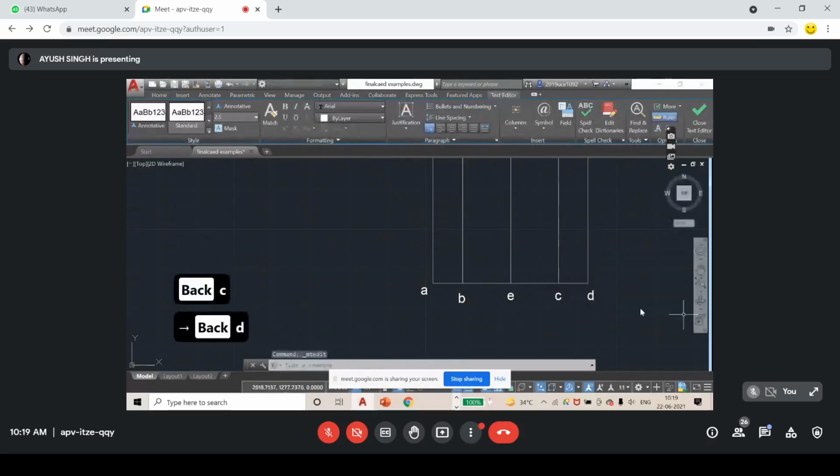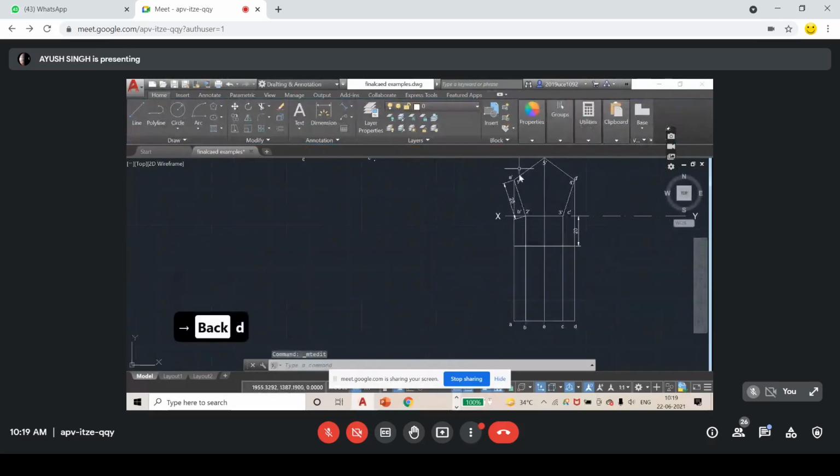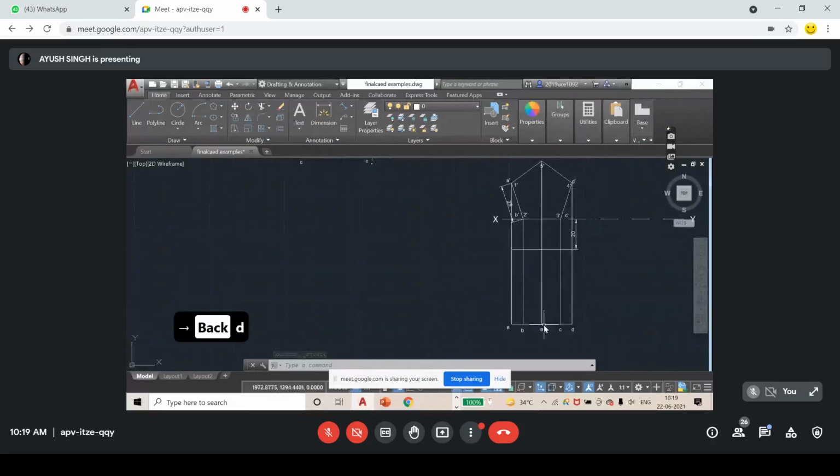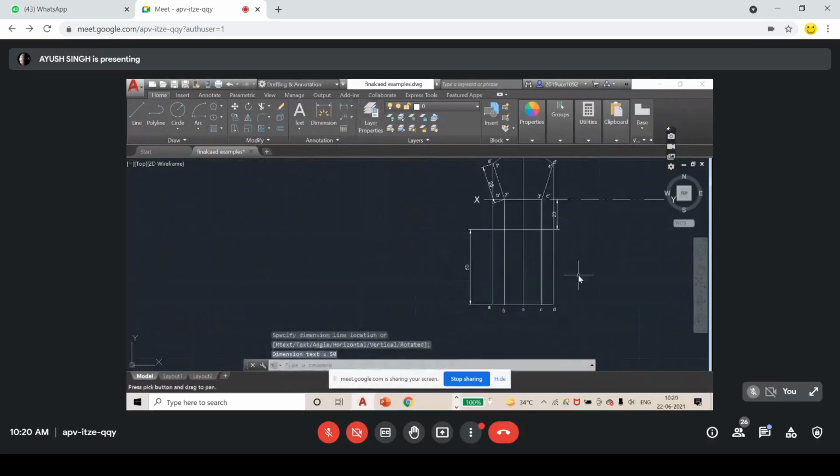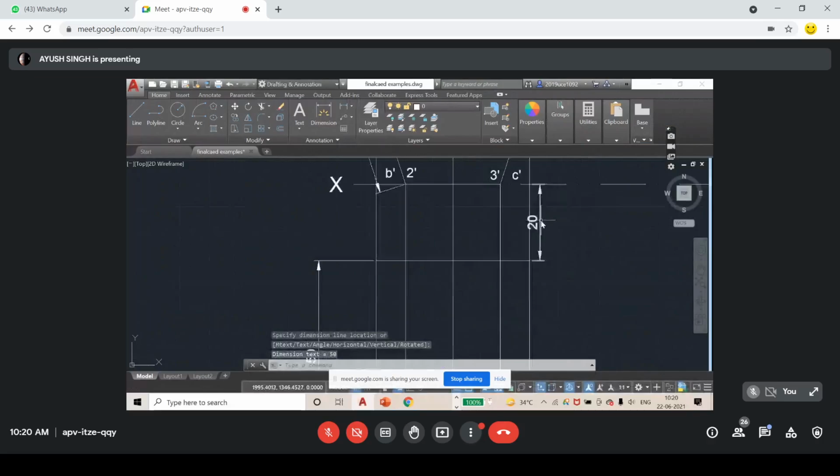You can confirm: this is the A line, this is the B line, this is the E line, this is the C line, and this is the D line. And you have to show this dimension also. How long is this? 50 mm long. My units are in mm. I have told you how to set the units yesterday.